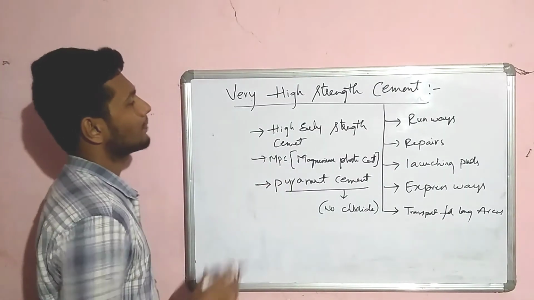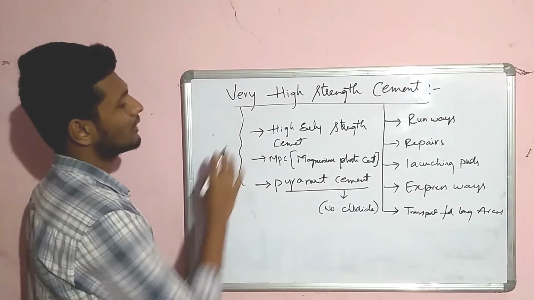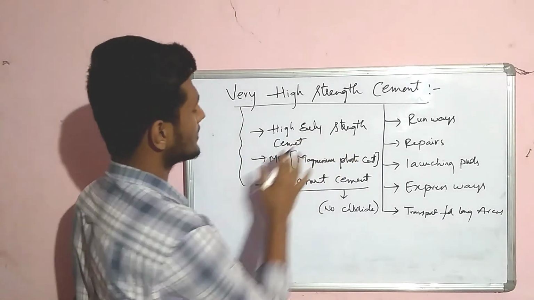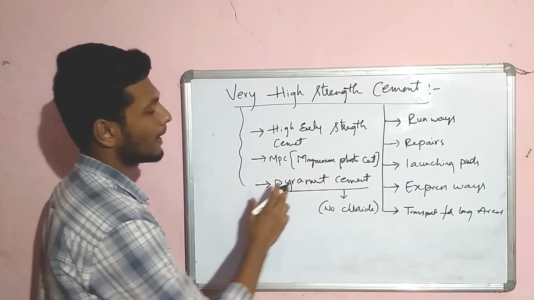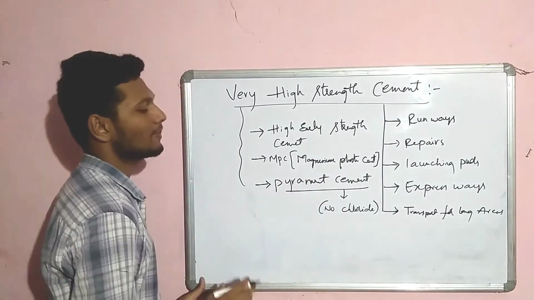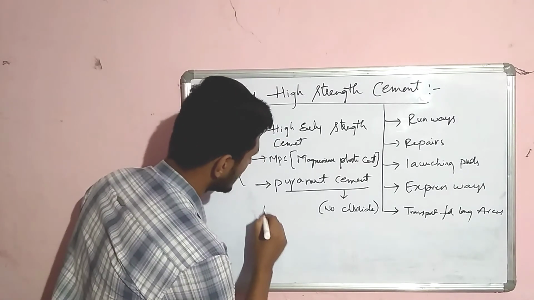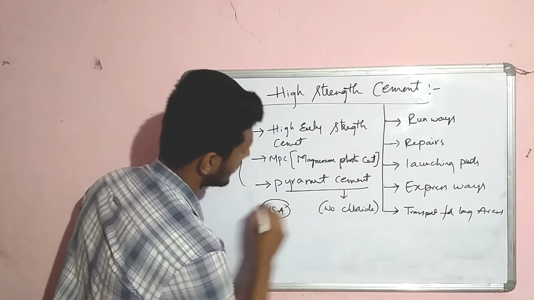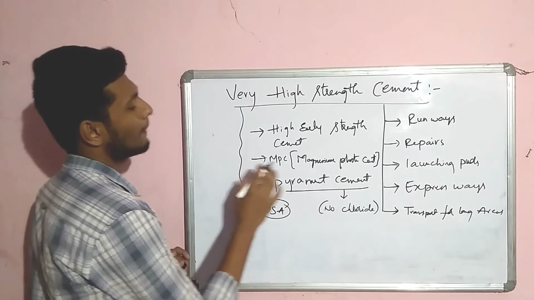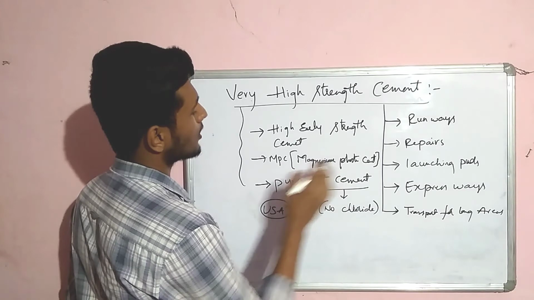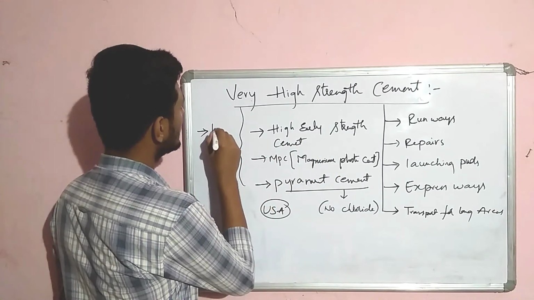High early cement. This cement is divided into three types. One is high early strength cement, MPC, magnesium phosphate cement, and pyramid cement. In the pyramid cement, no chlorides are used. Generally, this is used in the USA. Okay, this is one of the trademark cements. And MPC, magnesium phosphate cement, and high early cement. In the high early cement, lithium